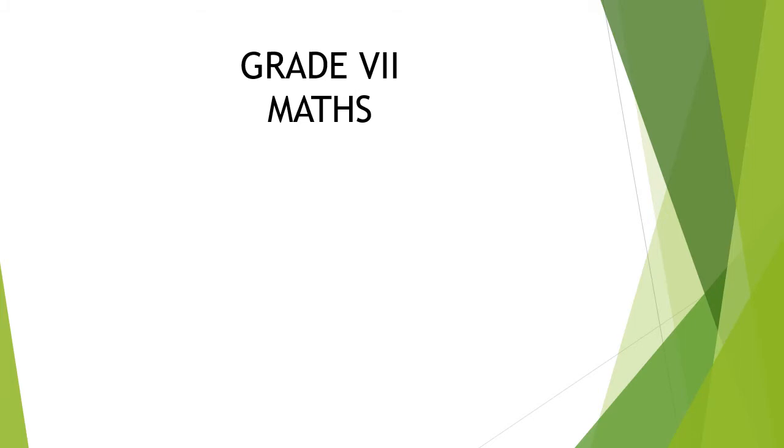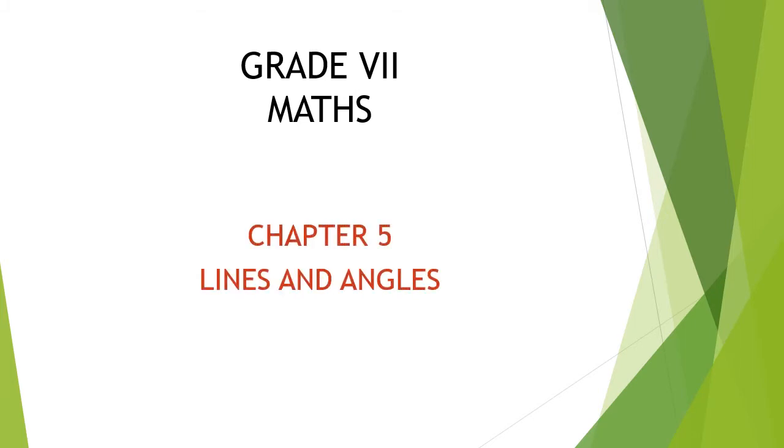So, today we are going to see the last part of chapter 5, lines and angles. In this chapter, what are the topics we have learned, children? We have learned about line segment, angles, then adjacent angles, complementary angle, supplementary angle. Then you know to identify the adjacent angle, interior angles, exterior angles. So basics we have learned, and based on that we have seen many problems. So today we are going to continue with the last portion of chapter 5. So let's begin the session.